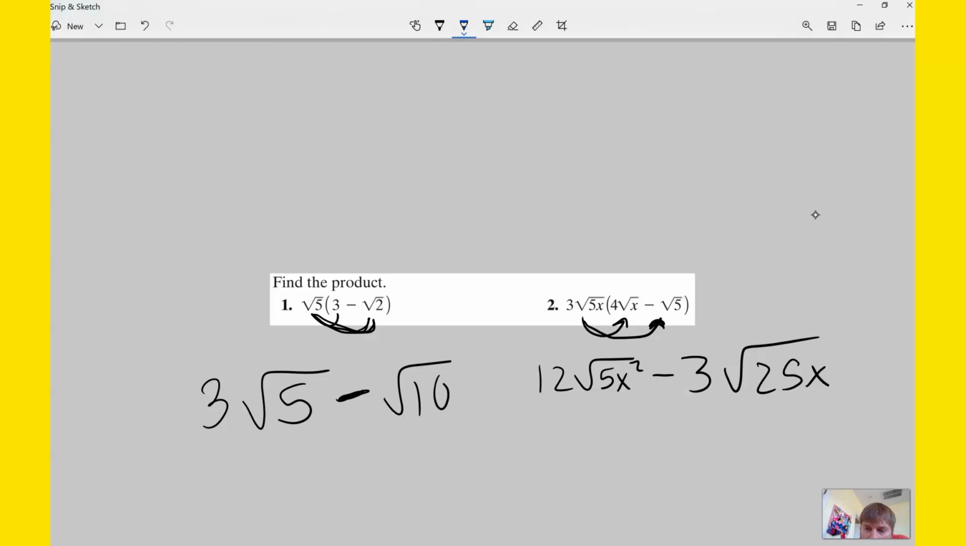The 5 won't break down to anything that will come out, but the x squared, I can go ahead and put a 2 under there, and so that's going to come out as an x. So that's going to be 12x